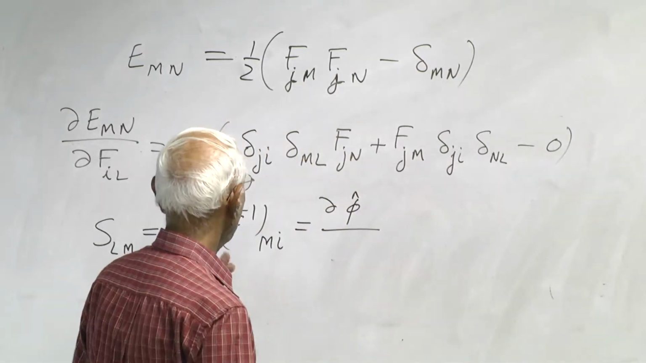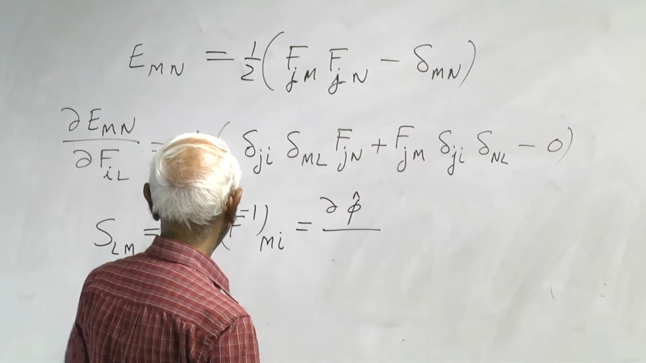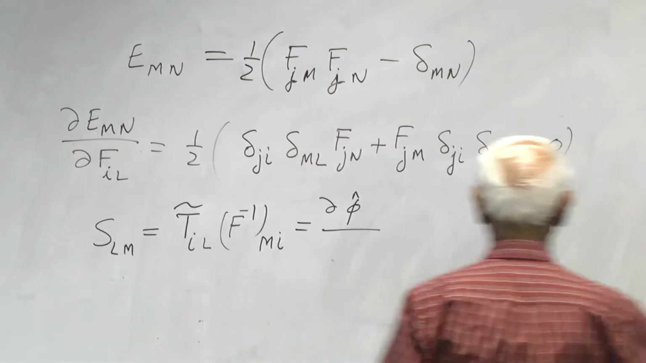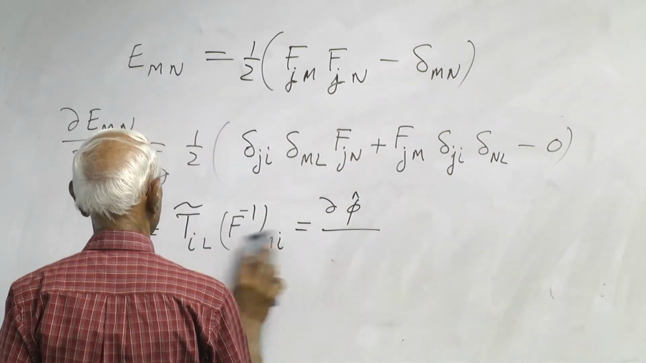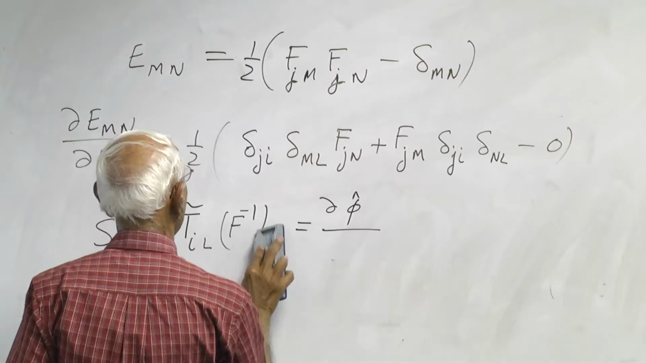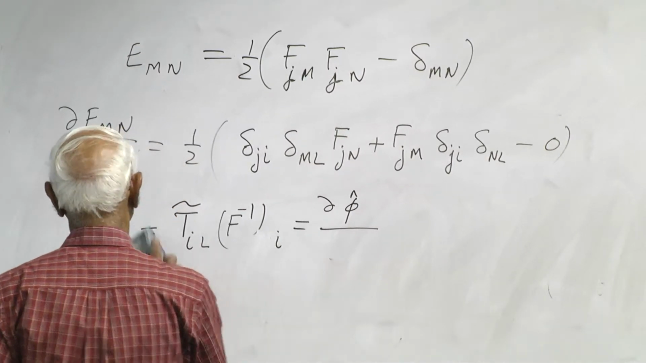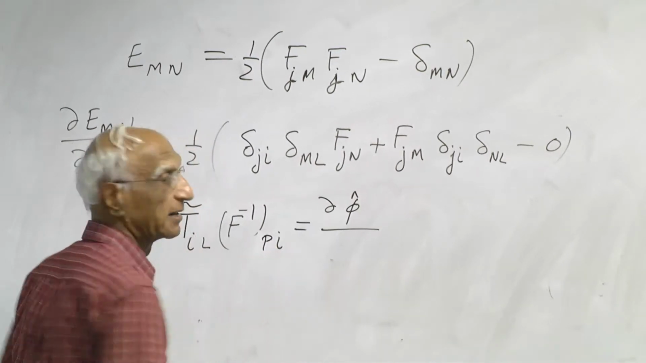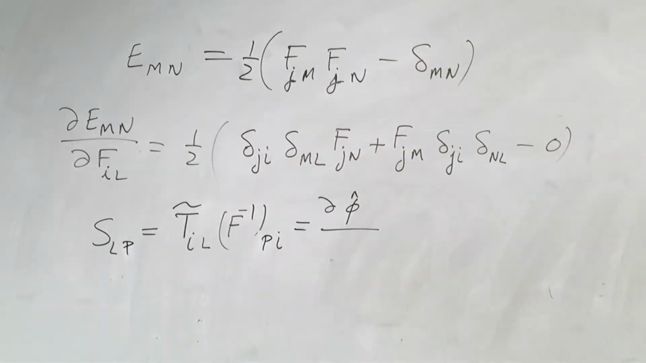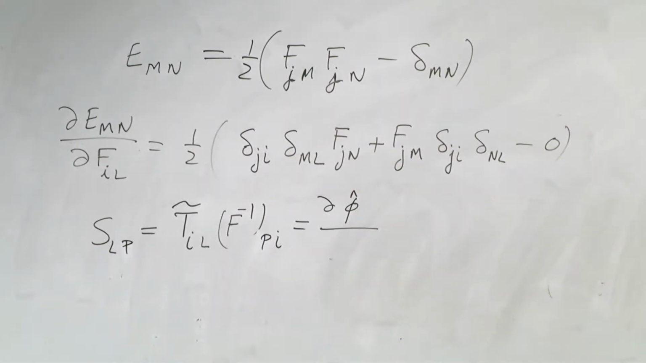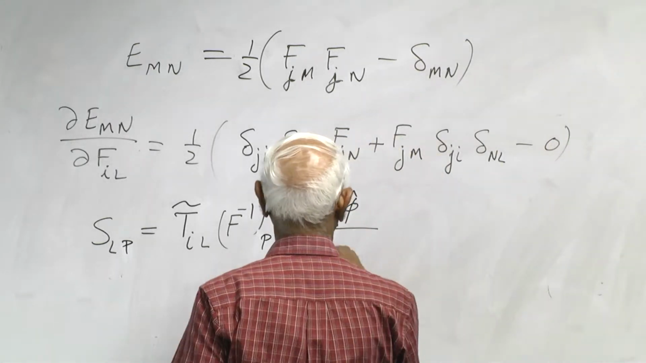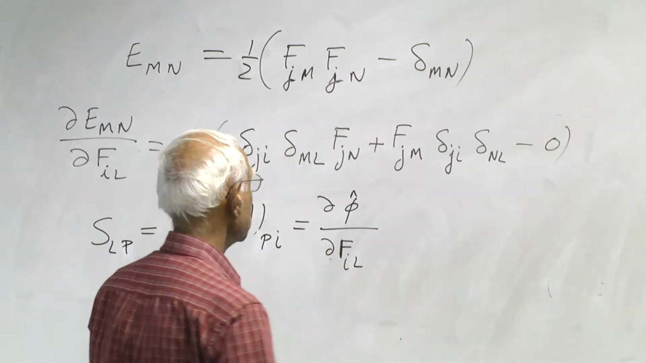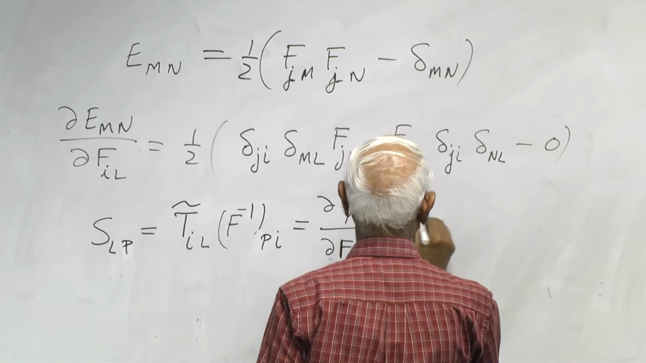I have to be careful because I have Mn there, so I have Lm here. So let me change it to something else. Okay, so let's not use M here. Say P. That way, this P is not a point, it is an index. So phi T hat tilde, so that's F IL, F inverse PI,